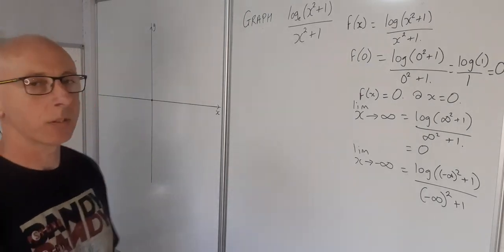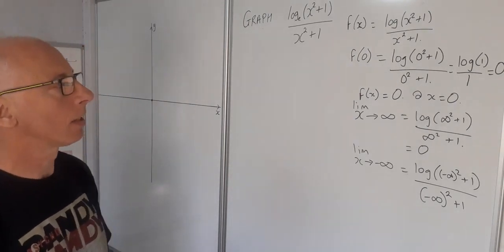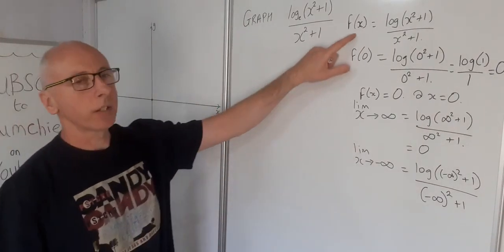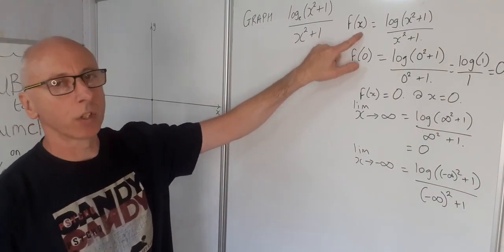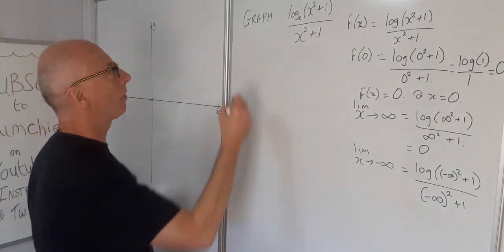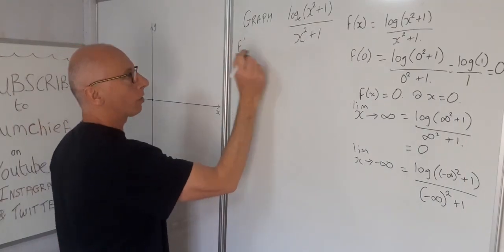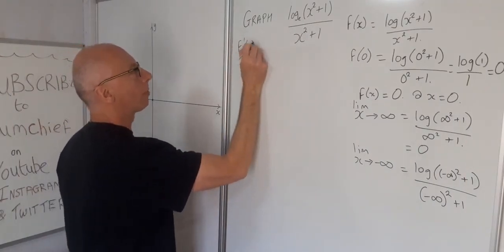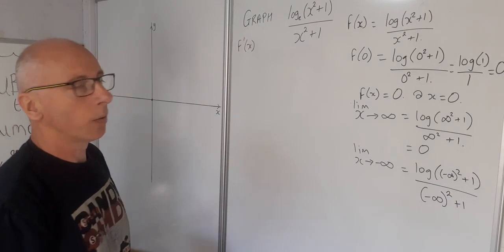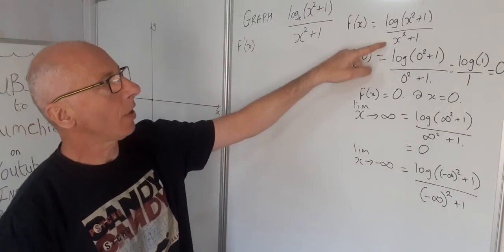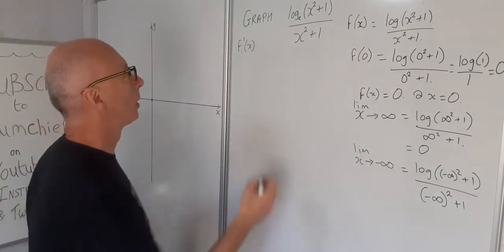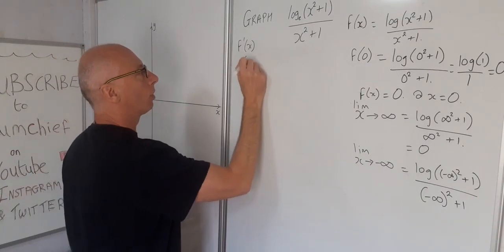Okay, next we need to find the turning points. Okay, so now finding the stationary point of our function, we need to take the derivative of f, which is f prime. So for this, as we've got a fraction, we need the quotient rule. So for the quotient rule, we'll go